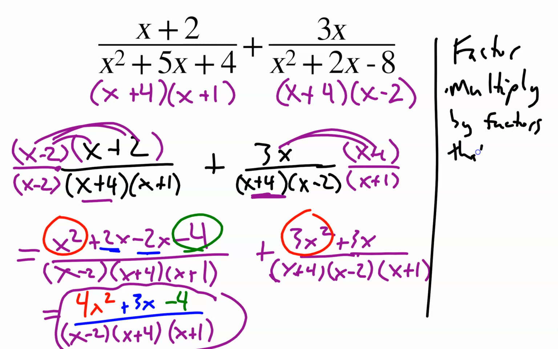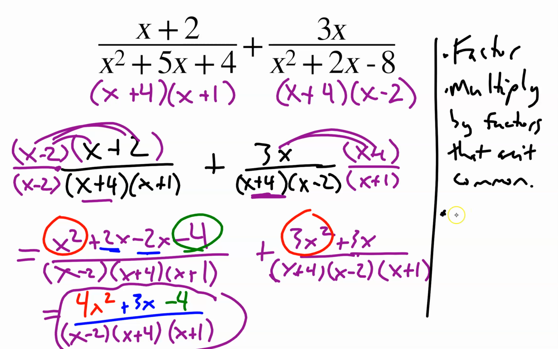And you can see what we did here on the left to match with this. We factored right here. We saw that this one was missing an x minus 2. We saw that this one was missing an x plus 1. So I multiplied those missing factors, and that gave me the common denominator,